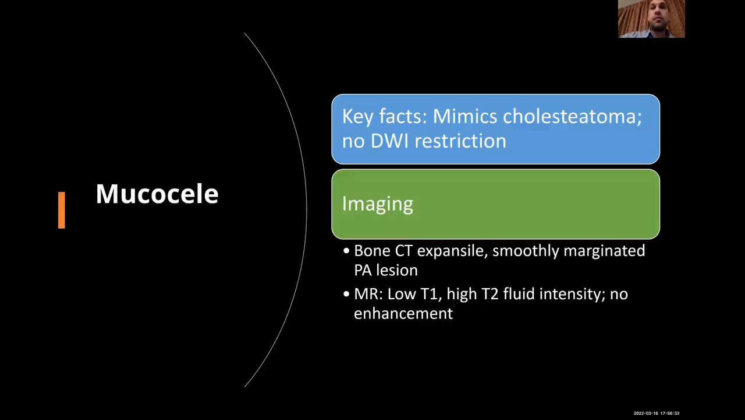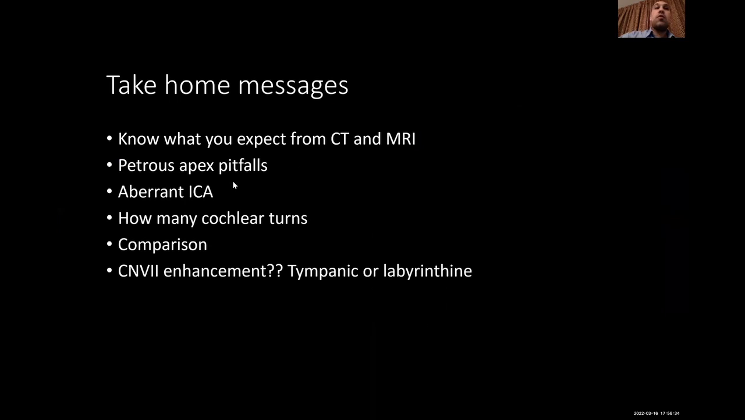Take home messages. Know what you expect from CT and MRI. The bone, CT. The bony labyrinth, CT. The congenital anomalies and the modiolus, CT. MRI: the nerves, perineural spread, inflammation, and enhancement, such as nodular enhancement of the facial nerve in Ramsay Hunt syndrome, and non-nodular enhancement in